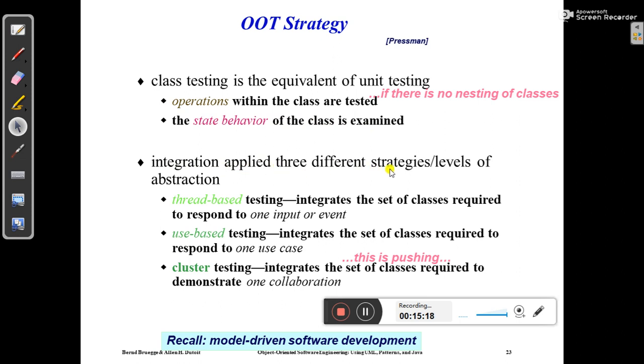Integration applies three different strategies, or levels of abstraction: thread based, use based, or cluster based. When you integrate different classes, we go with these three different strategies. Thread based testing integrates the set of classes required to respond to one input or event. So when you integrate a set of classes, you might give one input to understand how all those